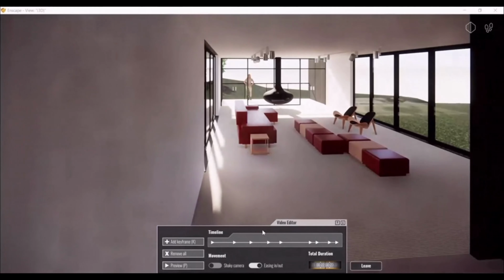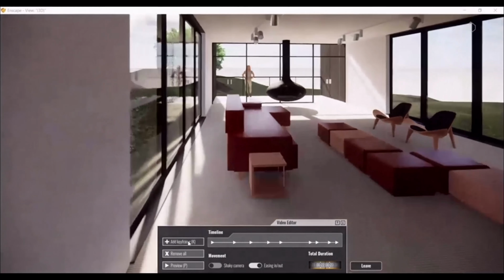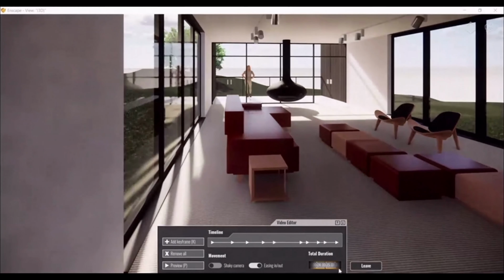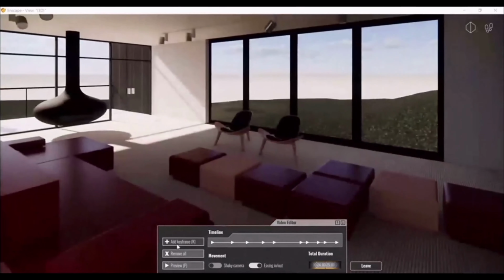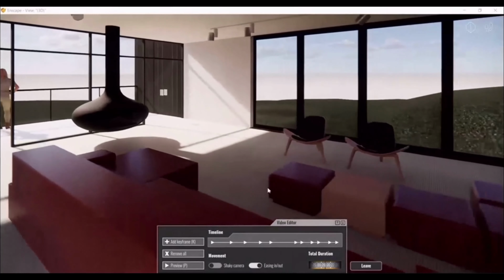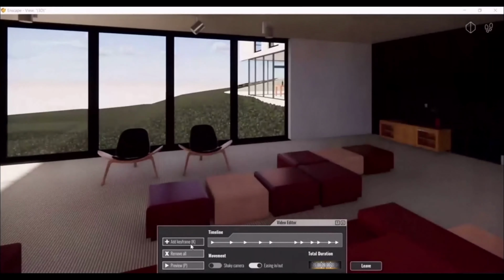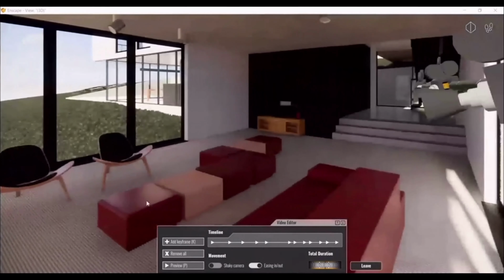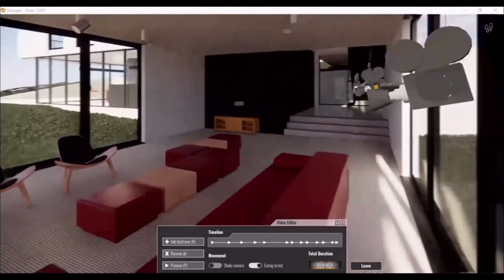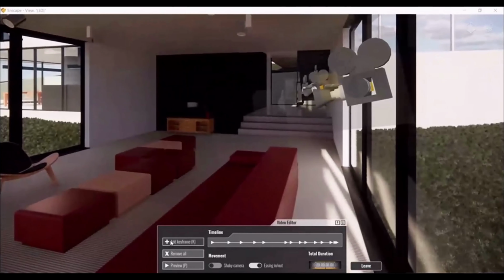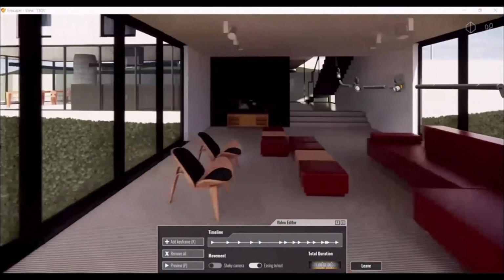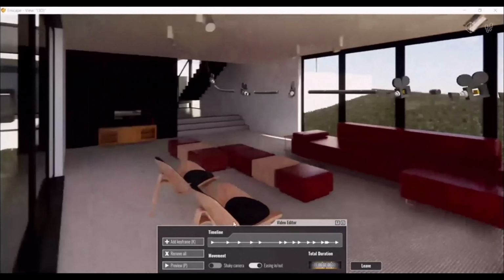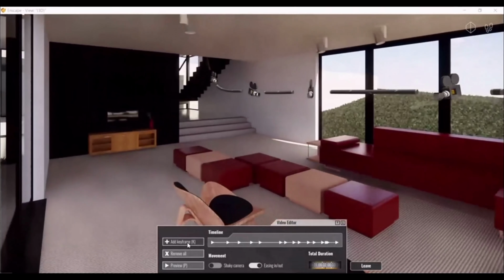Place another keyframe here. Place another keyframe here, and here you get the total duration for your video. Another keyframe you add. Add another keyframe. Add another keyframe.